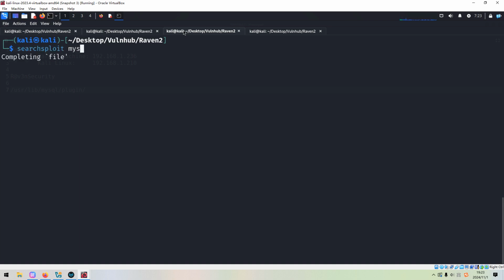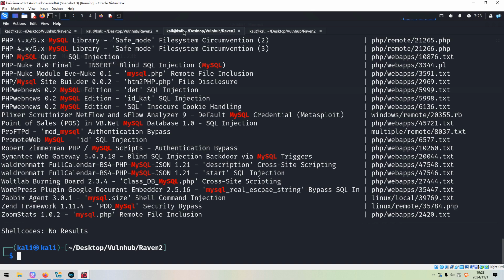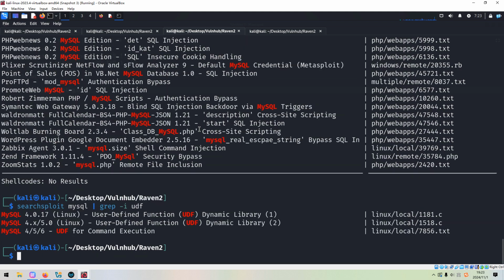MySQL, and of course we are just interested in UDF. Okay, so I think this is what we are looking for. We can get a copy of this code by option of M.